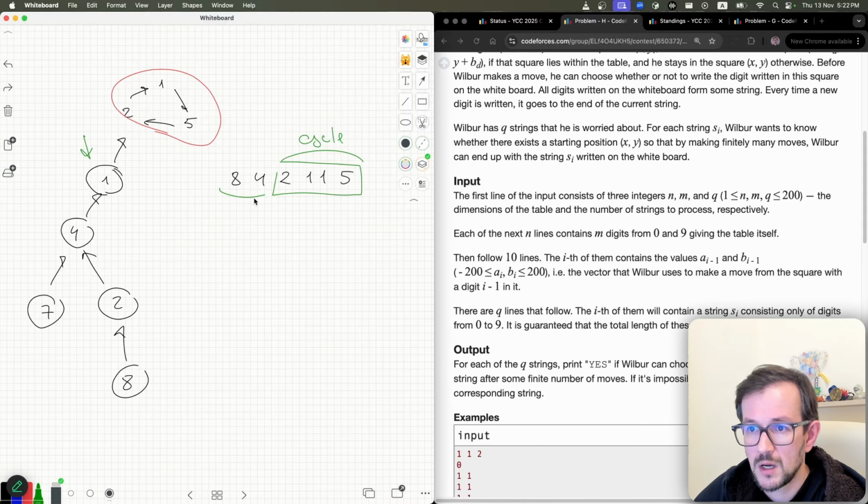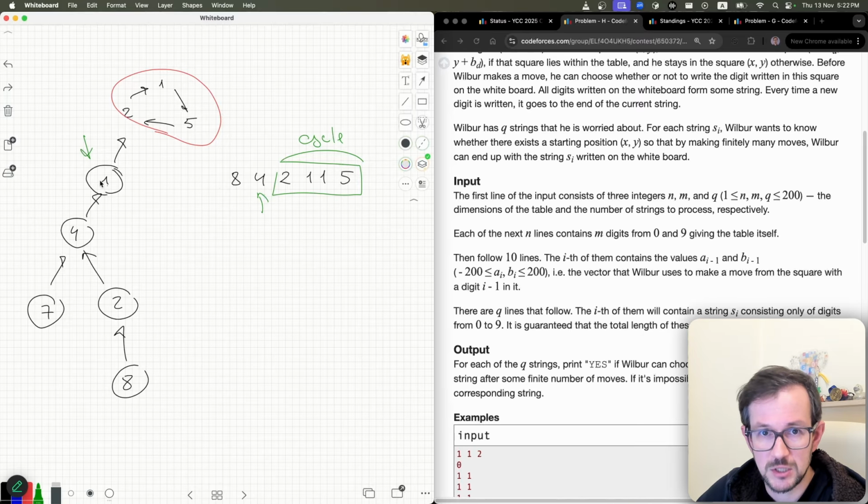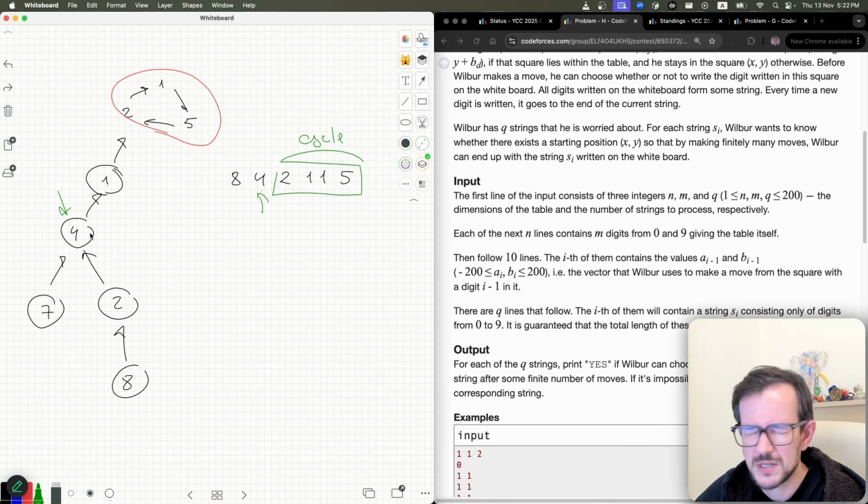When we visit this node, we have this position. We check if this digit is the same. No. It means we cannot read this digit. So we just continue having the same position here. Here we have the same position, 4. Yeah, or same digit. So we can read this digit and move